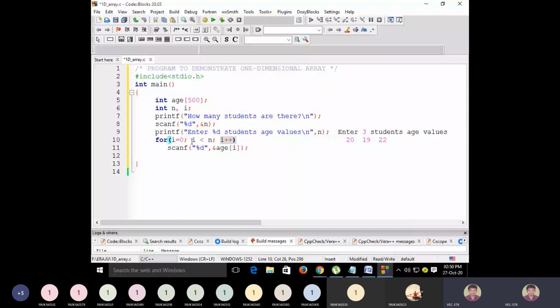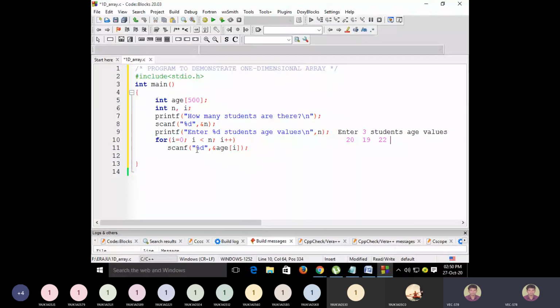Then scanf reads the next number, 22, and stores it in the address of age of 2. So age of 0 contains 20, age of 1 contains 19, age of 2 contains 22.